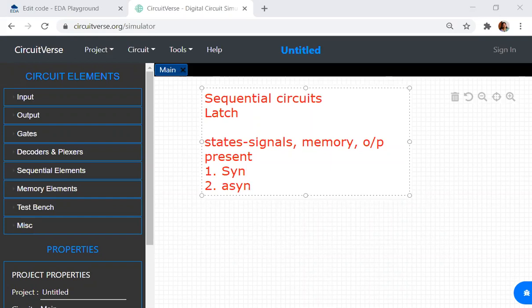These circuits are controlled by a clock. They are in sync with the clock. Whenever there is a change in the clock signal, the output also changes according to the change in the clock signal.